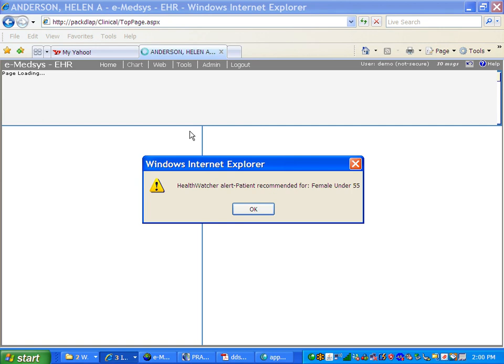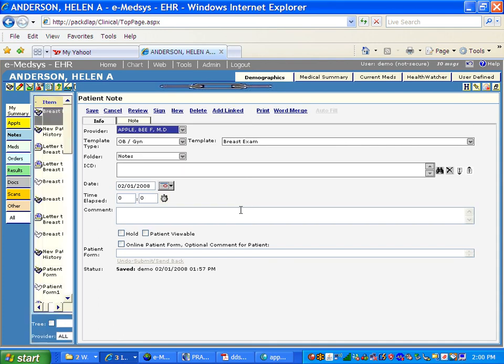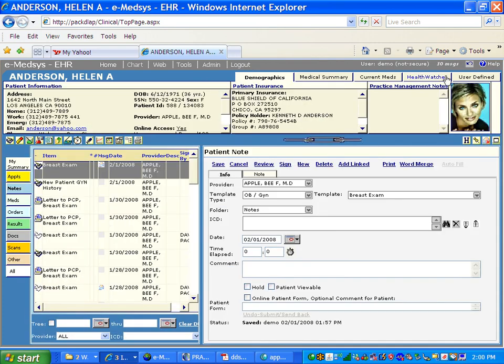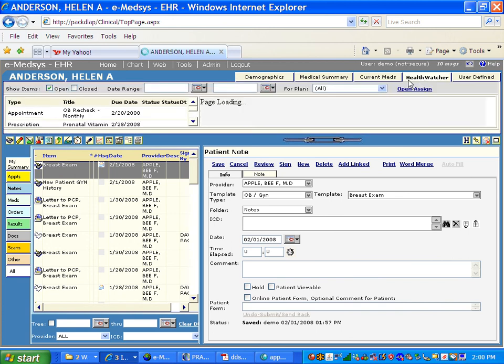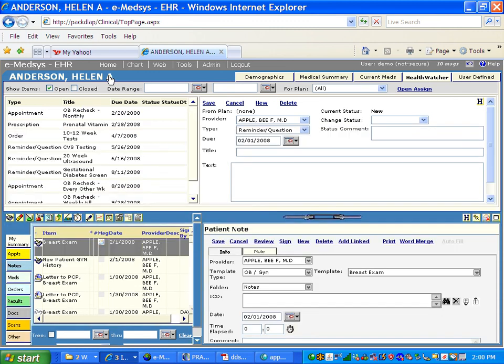By the way, this patient is already on a different Health Watcher item because this patient happens to also be pregnant in my demo. I'm going to take this one off so you can see what it looks like fresh. Now we're starting with blank Health Watcher items. And if I click Open Assigned, it's going to show me all health